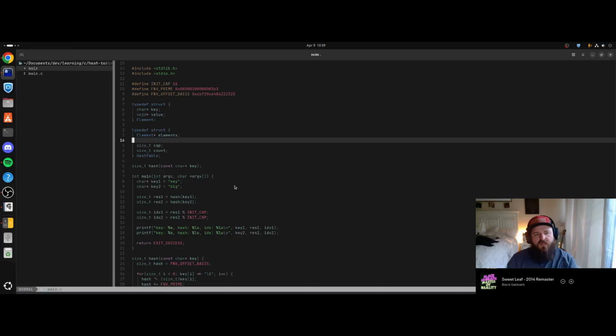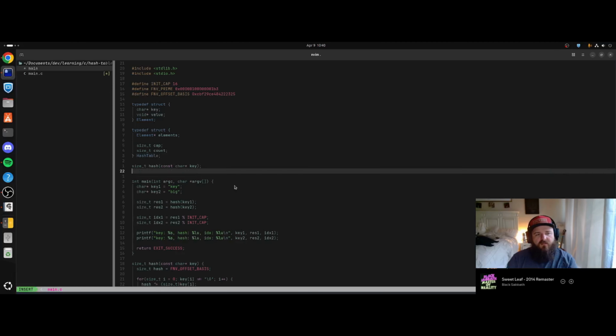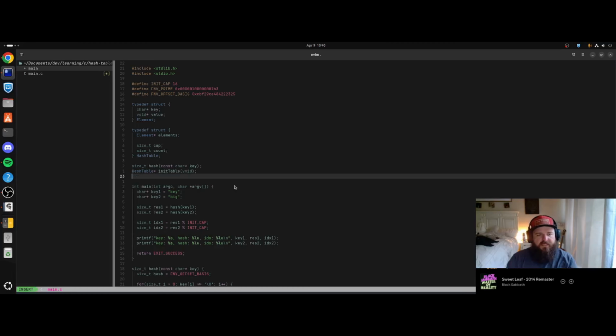Okay, so I think let's start with this. I think cap, and I'll have a hash table pointer, and we'll call this init table, I guess. Do I need to provide anything? I think that could just be void. I may. No, that'll be fine. And then